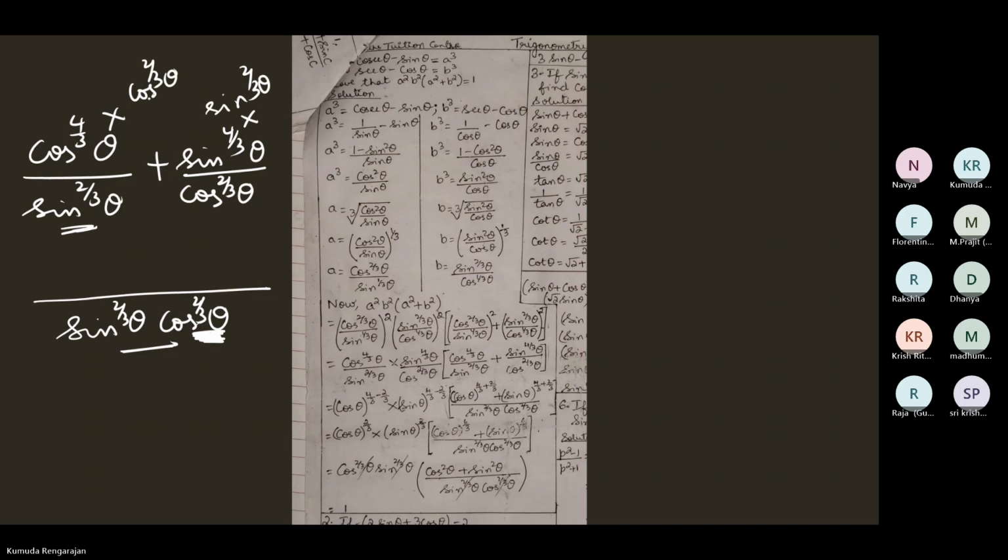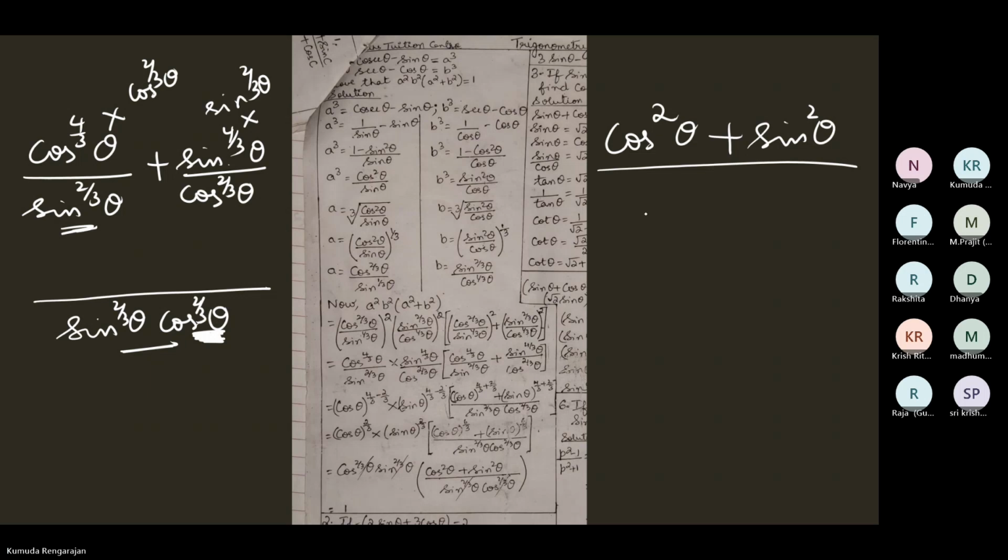So here the bases are same, cos theta. It's multiplication, you need to add the powers. So what will you get? Cos theta, 4 by 3 plus 2 by 3, add the powers: 6 by 3. And what is 6 by 3? 2. So cos square theta. Plus sin theta, multiplication, and the powers 4 by 3, 2 by 3, add the power, 6 by 3, 2. So sin theta to the power 2 or sin square theta